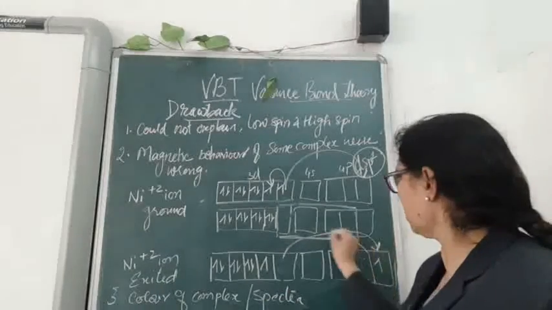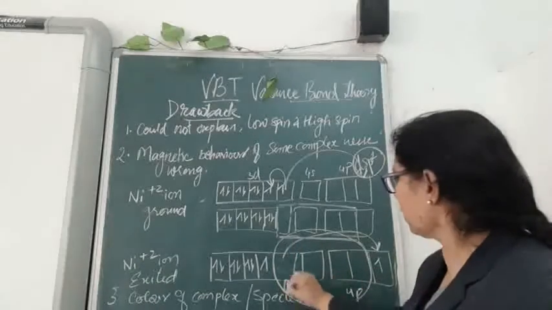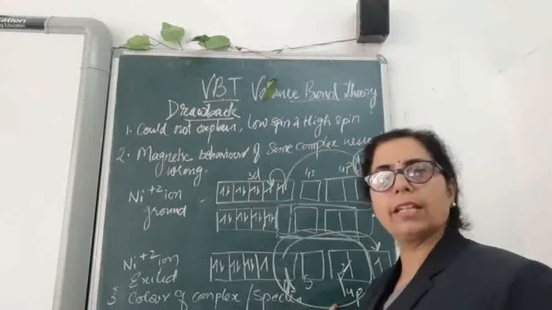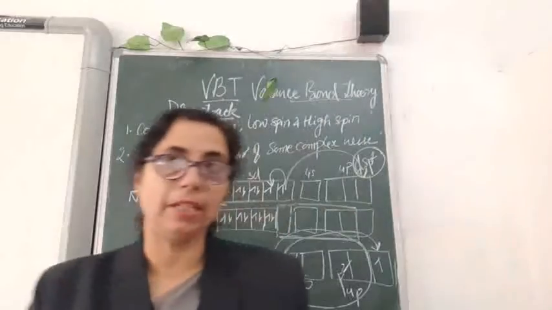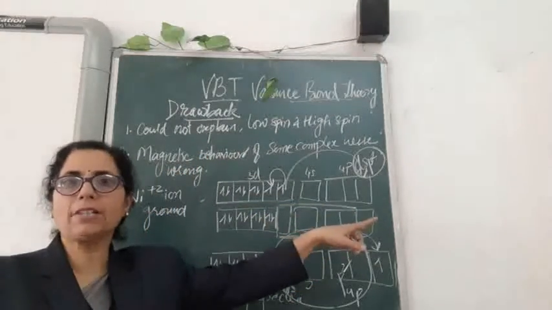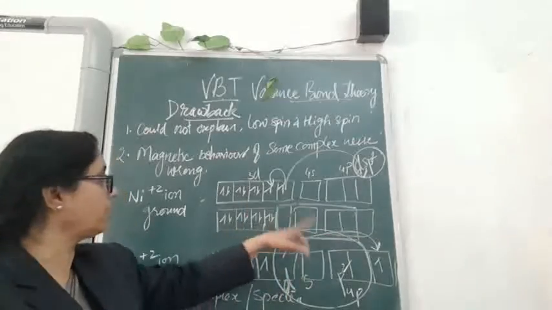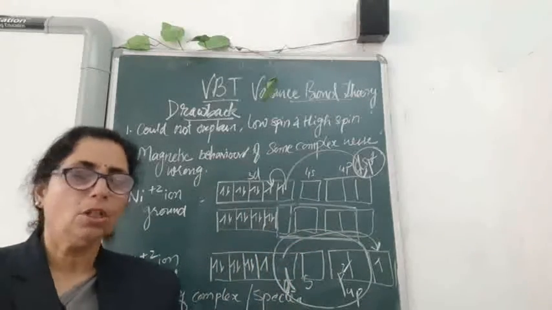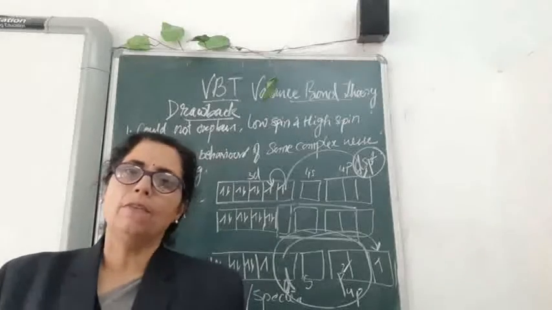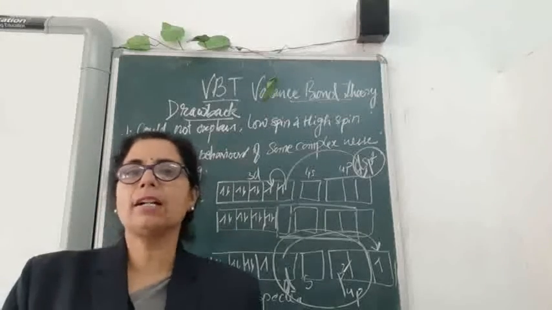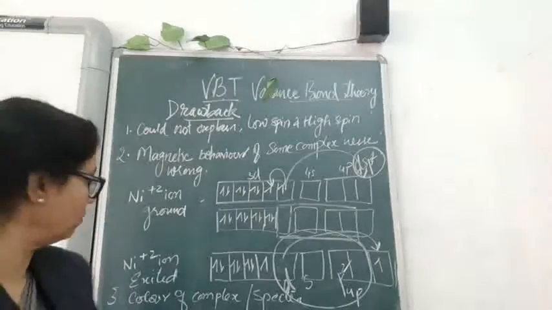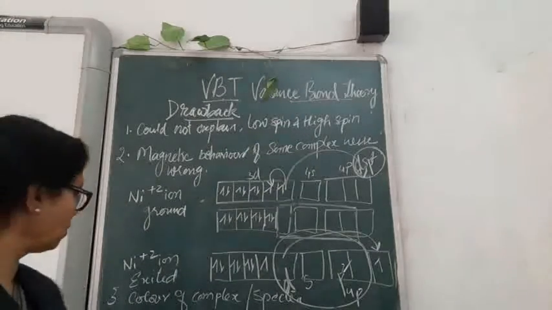Though the hybridization was the same, that is 1d, 1s and 2p, it was showing magnetic behavior. That magnetic behavior was only due to the movement of the electron to the p orbital, thereby creating 2 unpaired electrons. So this concept was also not clear by valence bond theory: why it happened and why some show magnetic behavior in spite of having the same configuration. Okay, sorry, the hybridization was the same.